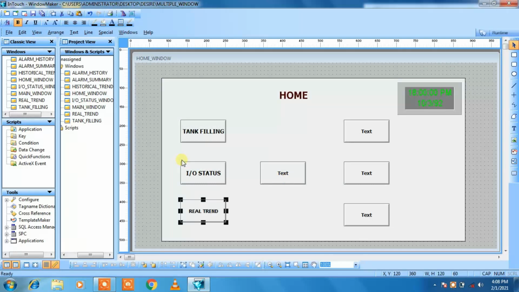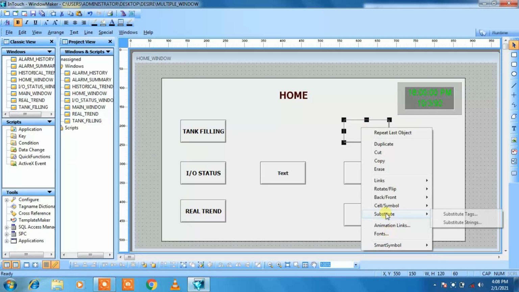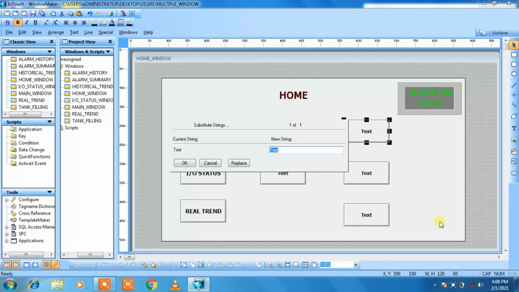Click on OK, then maximize it. Okay, then select the next button, right click on it, go to the substitute, then go to the substitute strings, and let me give the name as historical trend.